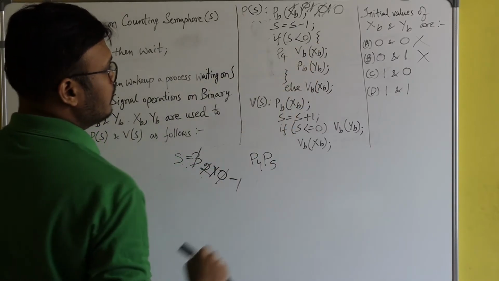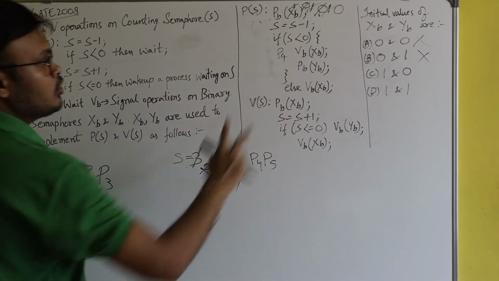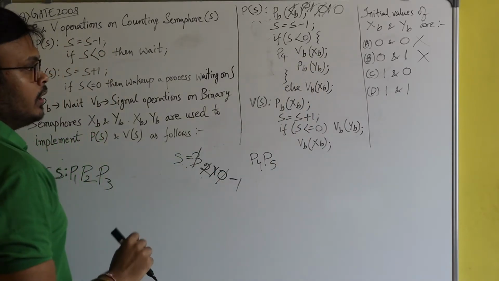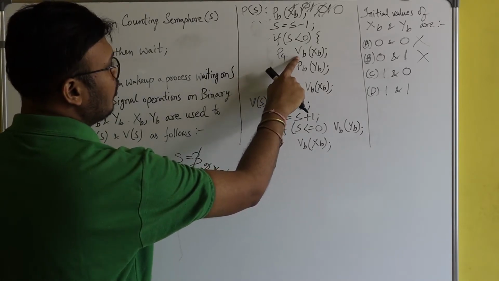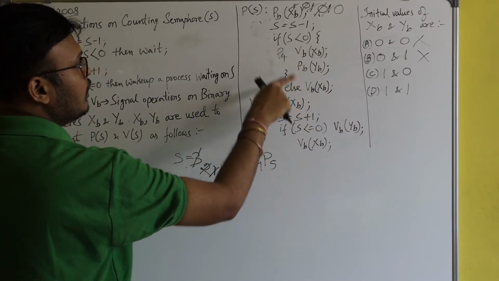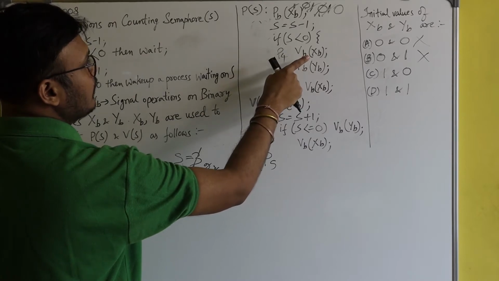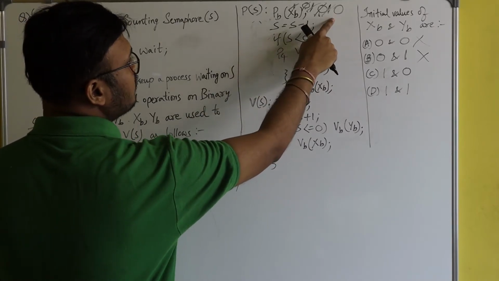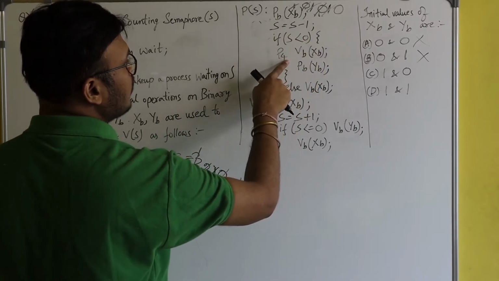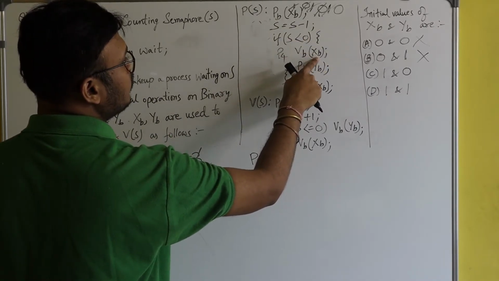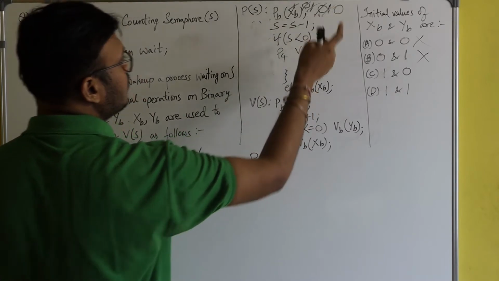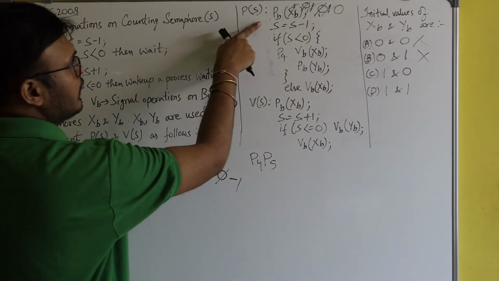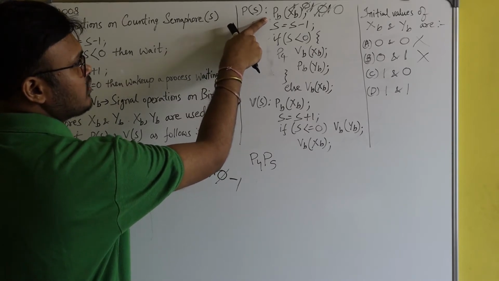VB of XB. Okay, VB of XB. So why is this code written here, VB of XB? Because here P4, before getting blocked, is giving a signal to XB. Because the XB value has become 0, that's why P4 is giving the signal to XB so that it will become 1, so that if another process wants to try, it can execute this code successfully.